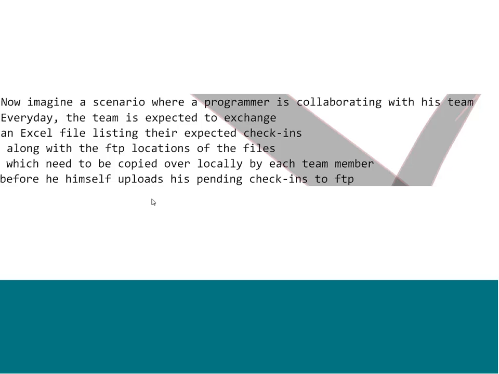So let us say that the Excel file listing has a list of the check-ins along with the locations of where the files are to be found. Now, what a team lead or another team member needs to do is copy them over locally and then maybe do a diff, maybe compare, do whatever he has to do. Right? This is the whole scenario. So this is a daily process,